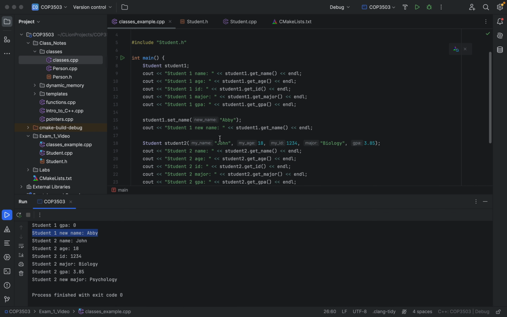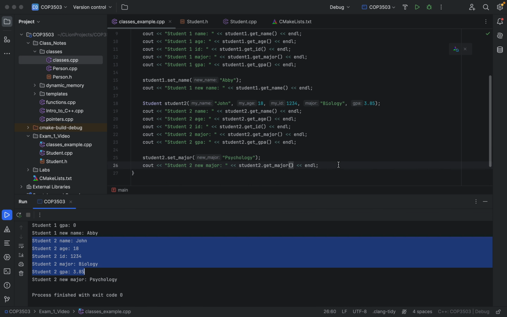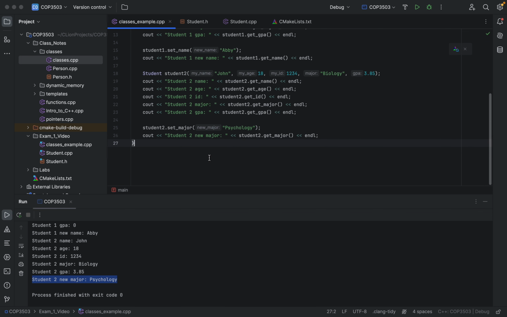And then we continue on here. This creates a new student object, student2, using the parameterized constructor, and then this prints out all the information down here. Once again, name is correctly returned as John, age 18, ID 1234, major biology, and GPA 3.85. Then again, we use the setter function to change the major and then print out this new changed major, student2 new major, psychology. So everything is working as it should,